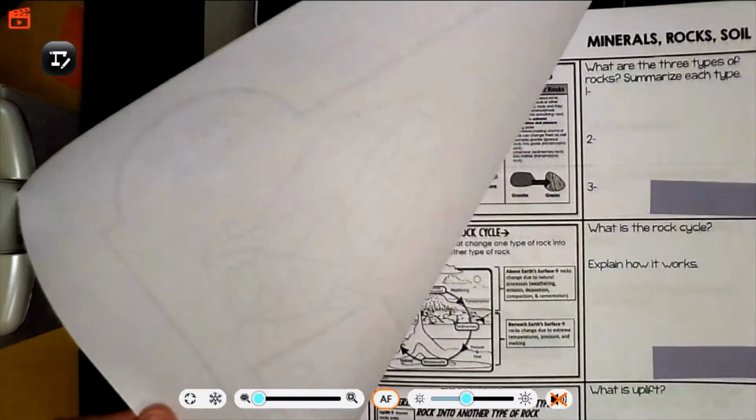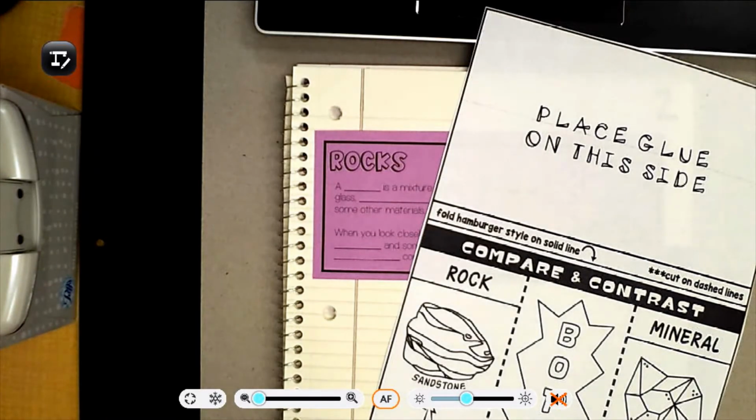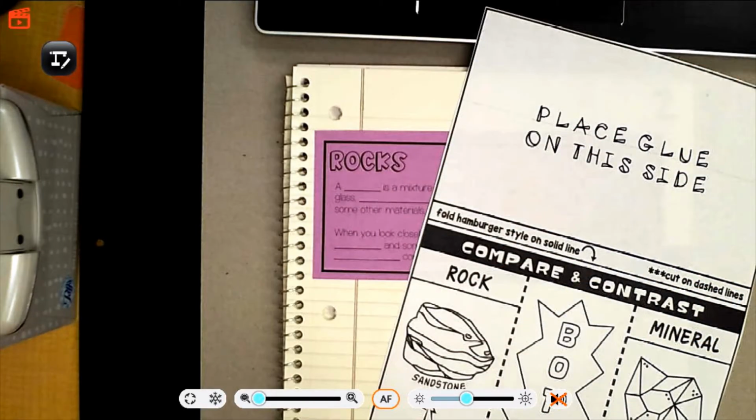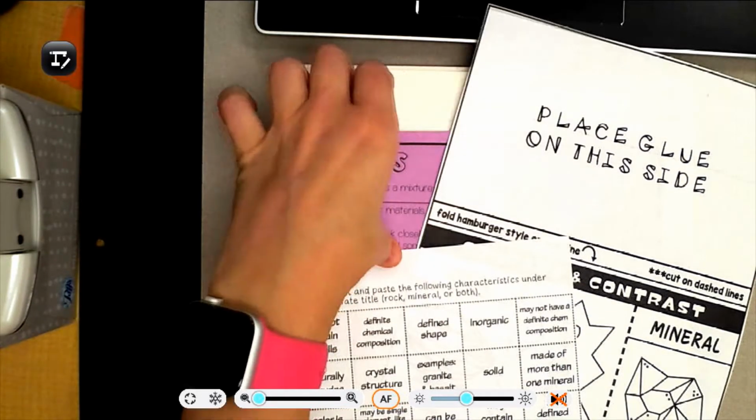Probably looked like this when you're trying to cut it. So you're going to need that, you're going to need that, then you're also going to need this. This was a half sheet. It's got all of those little guys. So why don't you go ahead and get those cut out and come back, and we will get started with